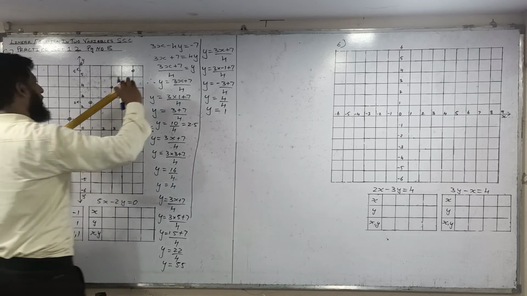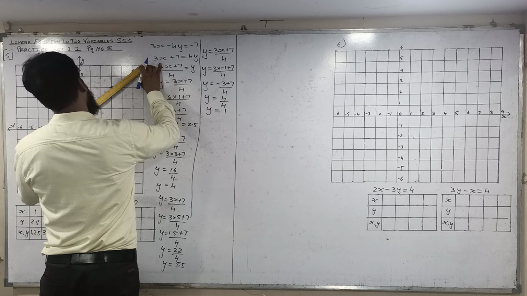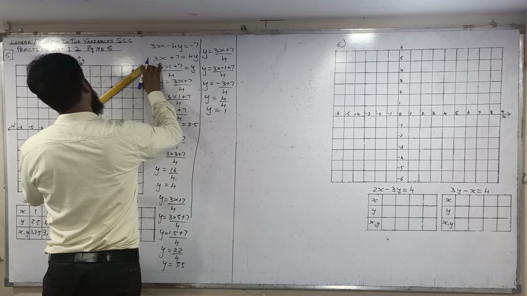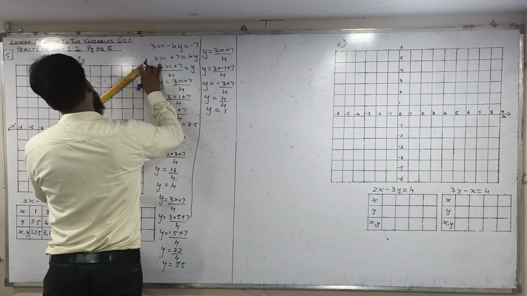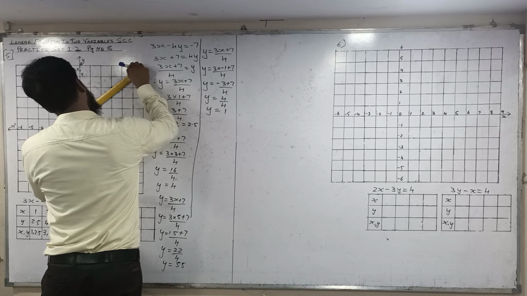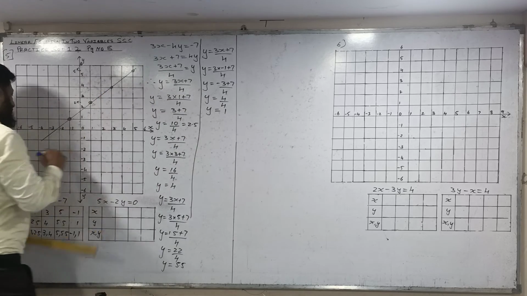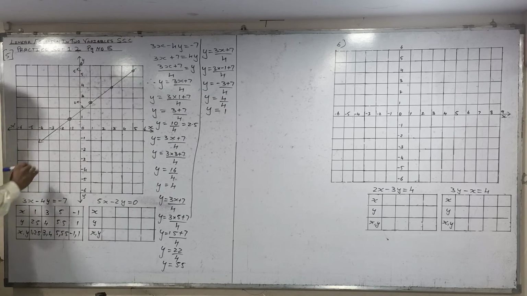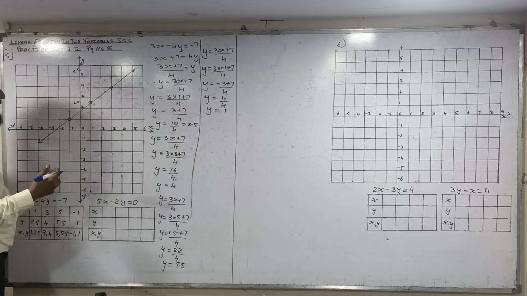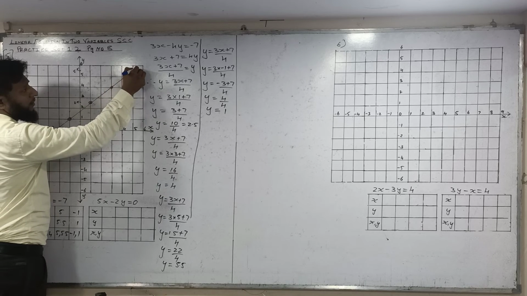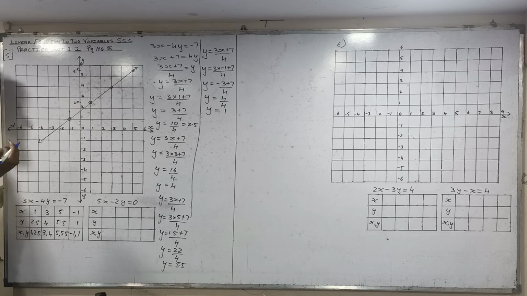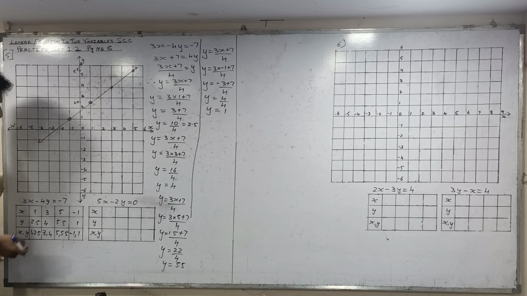So we'll arrange all the 4 points first. We'll draw the line. We'll draw both lines. Then we'll write the points later. So it is easy for you also, because you can write the point later. You'll get this exact space where to write the point. So we'll write the points later.